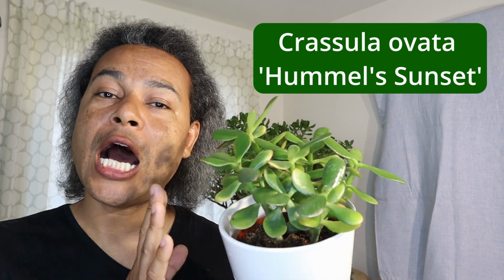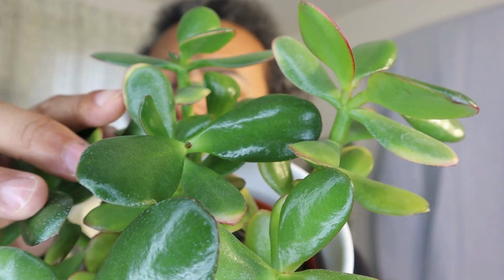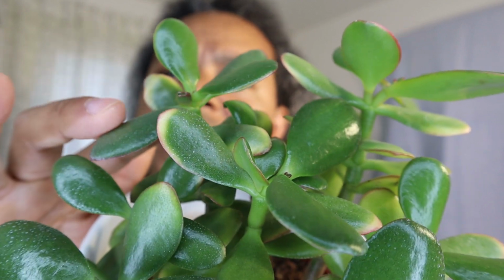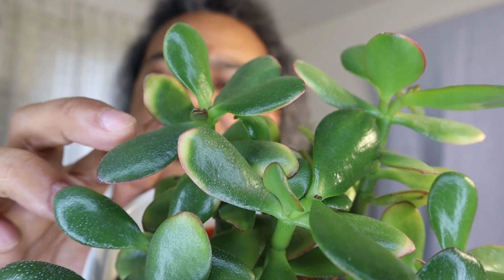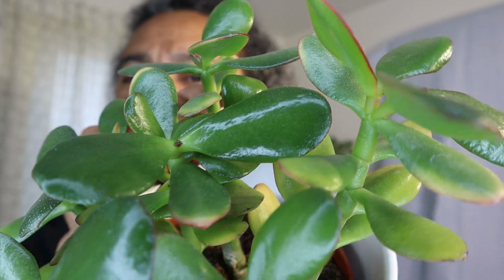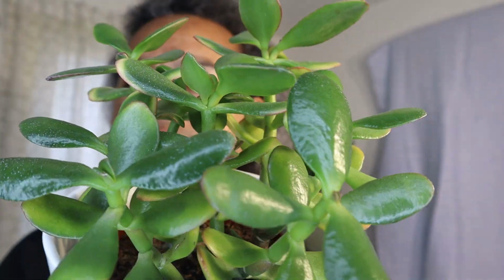The next beautiful Crassula ovata I have in front of me here is called Crassula ovata Hummel Sunset. Even though it's very green at the moment because it's been in a shadier area when I bought it, this one actually gets yellow around the edge and into the leaves, a much more yellow kind of streaking with a red edge. I think there's just one leaf here. If you look at that, you can see a little bit of the yellow on there and around the edge of some of the other ones. If you look at this one here as well at the top, that also has the yellow. That shows you that this plant, when it's in the sun, will start getting much more yellow